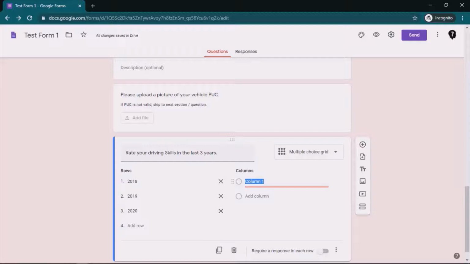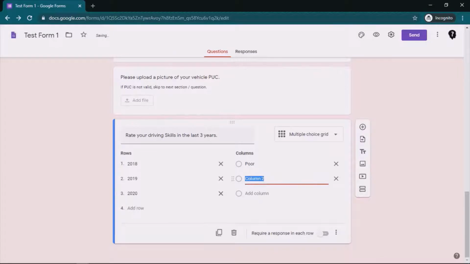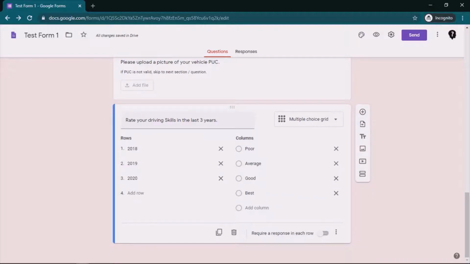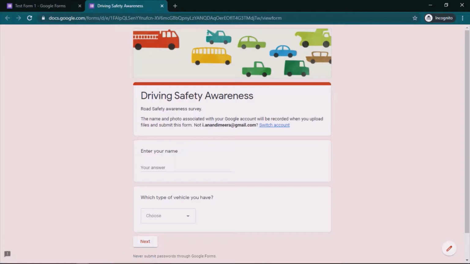And my columns would be a smaller linear scale here, say poor, average, good, and best. Let us see this question.